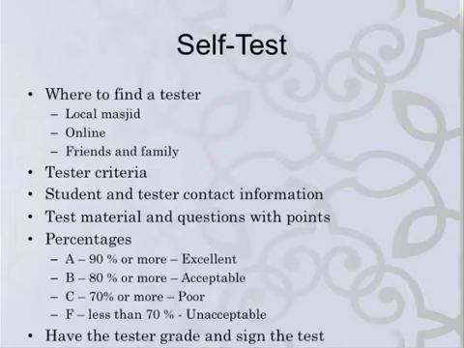So if you scored 90% or higher in a lesson plan, and the tester, oh, by the way, it's a side note, because finding testers might be difficult, or people might be busy, it might be a good idea for you to conduct tests, and don't worry, you're going to have the self-test before you actually take the test. So you're going to know the questions before you take the test. You're going to know the answers as well. So it's that easy. But that is why my grading scale is so aggressive. If you know the questions and you know the answers, I can't expect it to be any lower than a B.